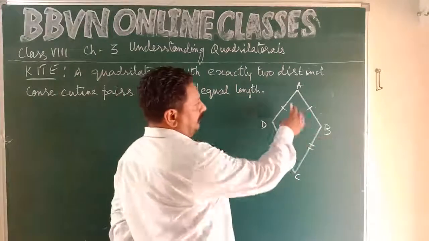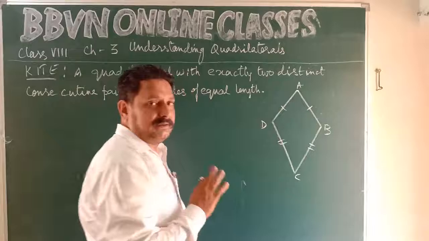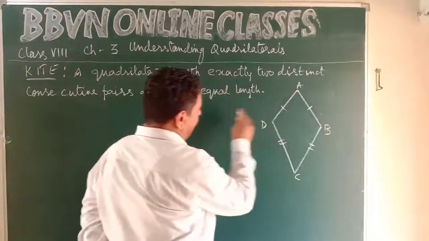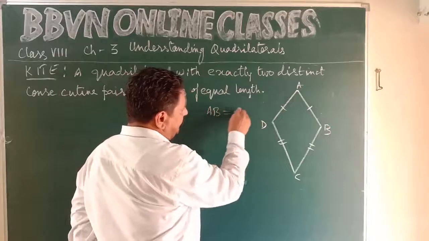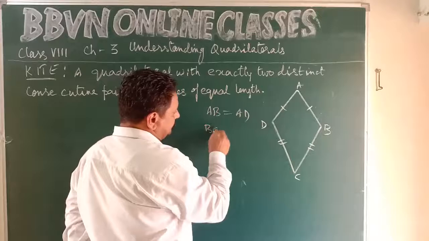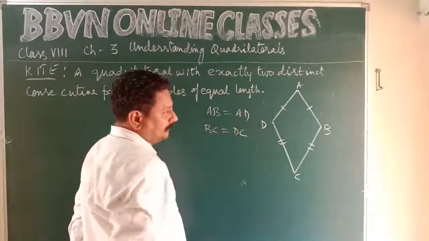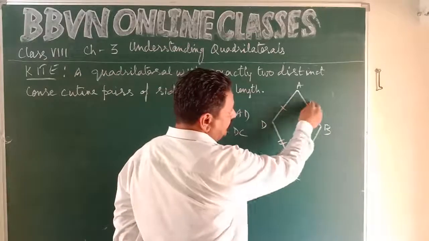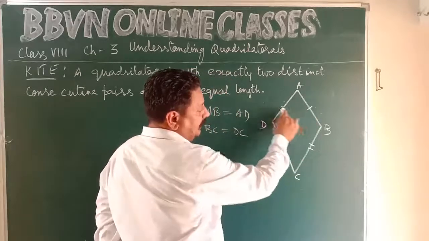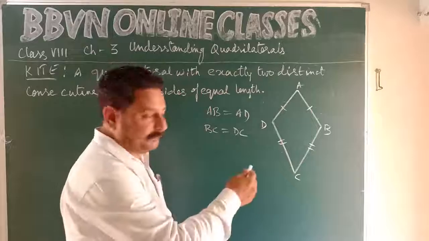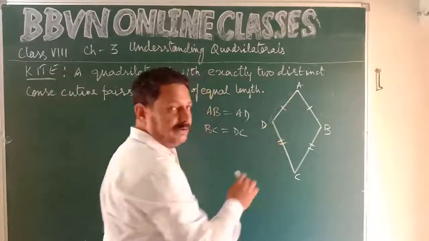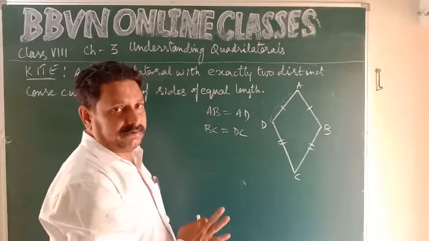As you can see in the diagram, ABCD. This particular figure is a kite. Now AD and AB are equal in length. AB is equal to AD. BC and DC are equal in length. So these are consecutive sides. These two are consecutive adjacent sides, right? So they are equal. But if you move along, not all the adjacent sides are equal. AD is not equal to DC. This peculiar figure is called a kite.